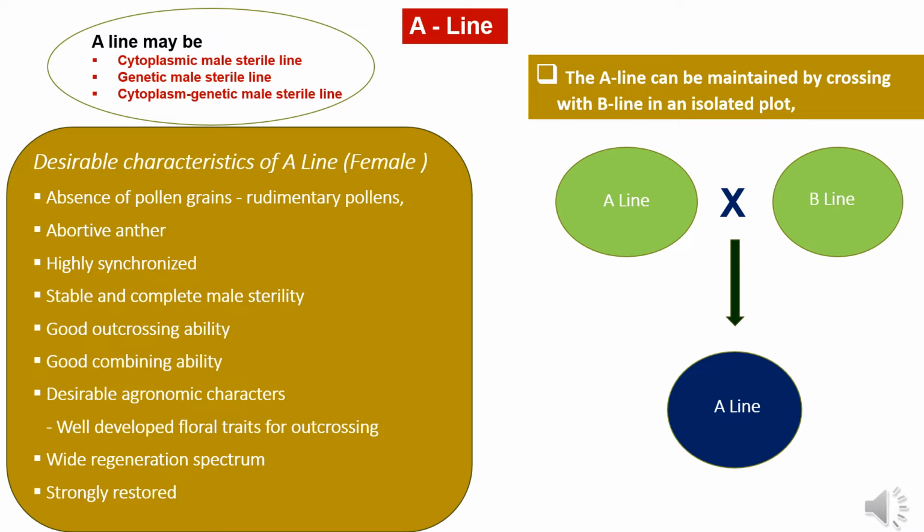And the A line should have desirable characteristics which are very important to be incorporated in hybrid seed production. These A lines should have absence of pollen grains or rudimentary pollens, and it should have abortive anthers so as not to produce any functional pollen grains, and it should be highly synchronized and have good matching with the R line,